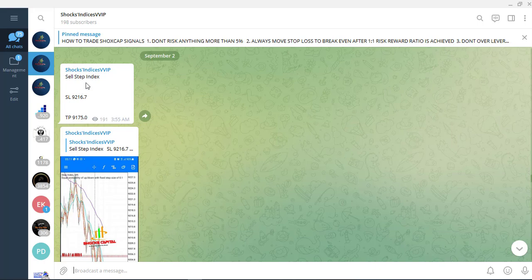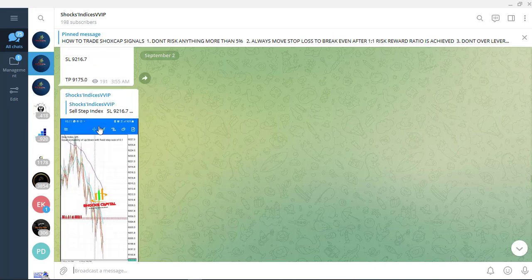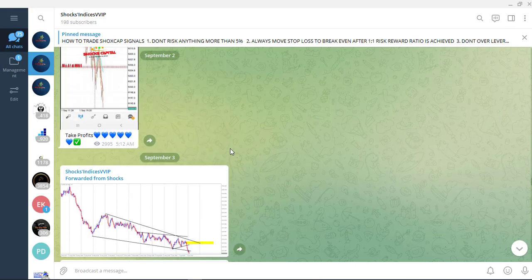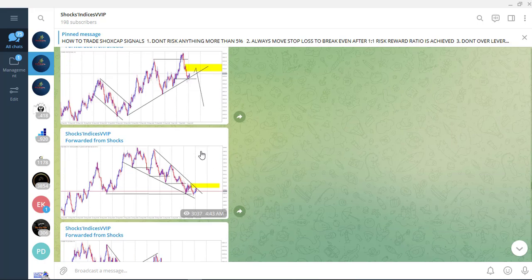So this is a sell step index signal, and as you can see, we won. I just showed you 3 signals and we're winning 2. So if you need to calculate the accuracy of the signals, yes, it's just 3, but you can see the picture. You can see the picture. So these are just